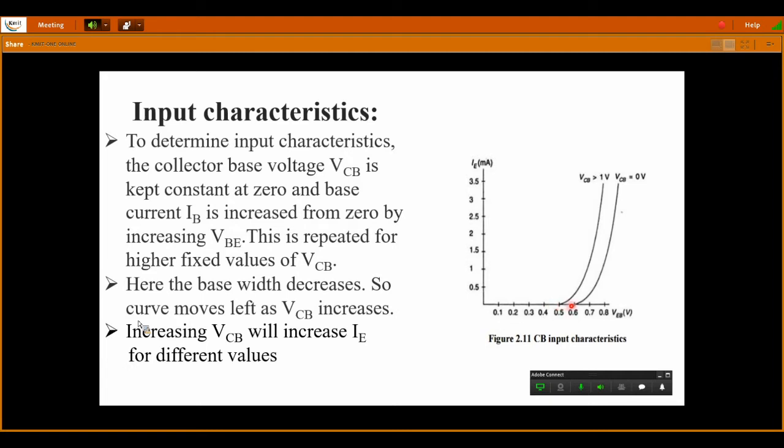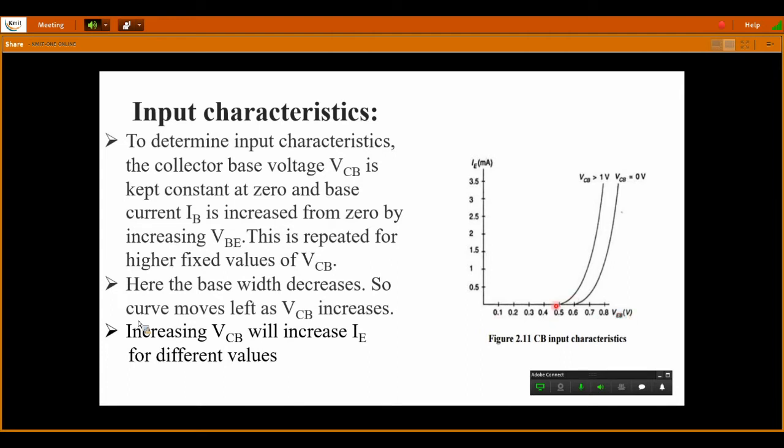Once you nullify the barrier potential, the carriers start to move from your emitter region into the base region, which allows the emitter current to flow from one region to the other. With that, your emitter current, or the input current, increases exponentially. Like this, we will note down the variation in the input current with respect to fixed values of output junction voltage, with your input voltage varied from 0.1 to 0.8 onwards.